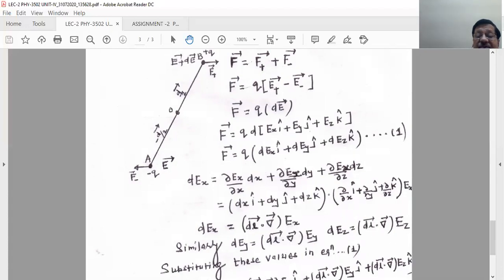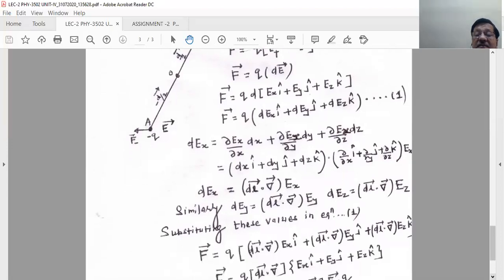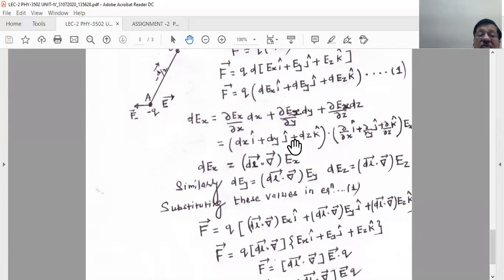So now I will substitute the value of dEx here. You look at that, there is a unit vector i, unit vector j, unit vector k already here. So now you will see the next step. I am keeping the value of this. So you see I wrote this value. So dEx I put: dEx equal to dl, displacement vector dl, dot del. I keep for dx this value here. Then I keep Ex, because this is dEx equal to dl dot del Ex. So this is Ex, and then is a vector i.